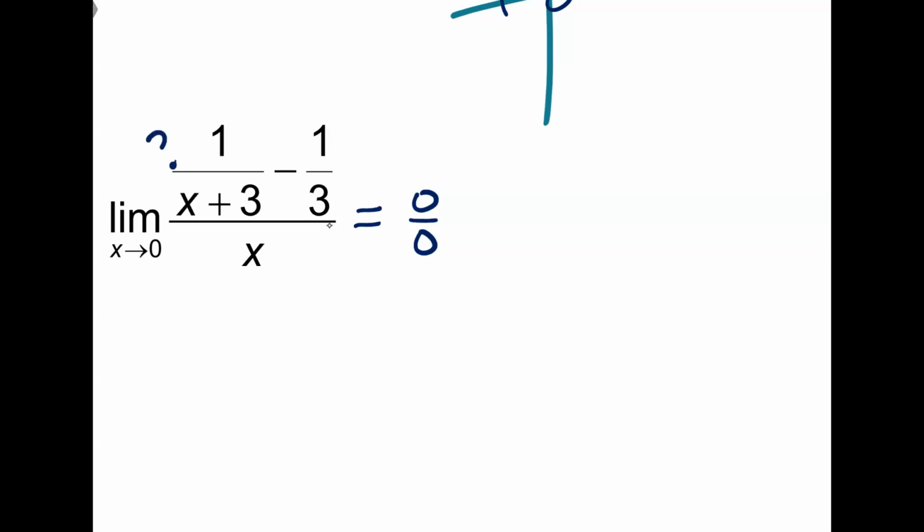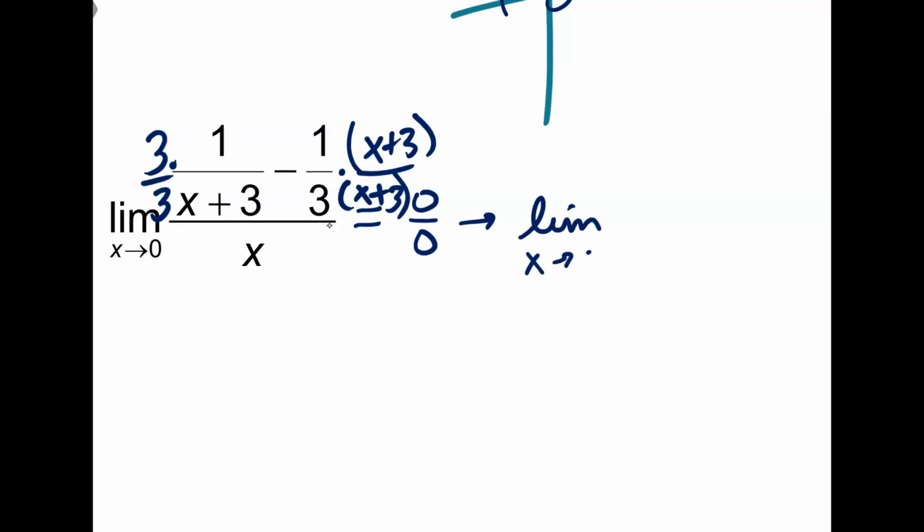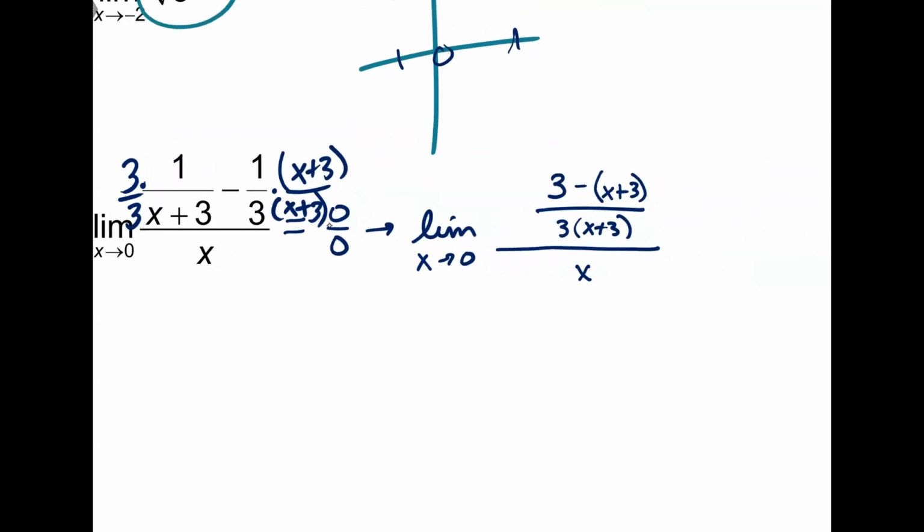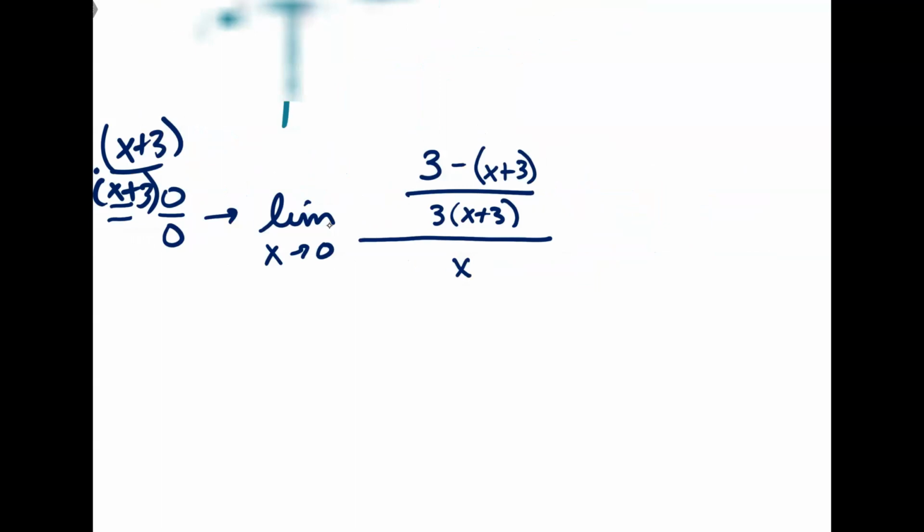So if I multiply this by 3/3, I have to have a common denominator. Multiply this by x plus 3 over x plus 3. So this is the limit as x approaches 0 of 3 minus x plus 3, all over 3 times x plus 3, and then this is all over x. But if only we could simplify this a little more. Oh wait, just kidding, we can. Multiply the bottom by